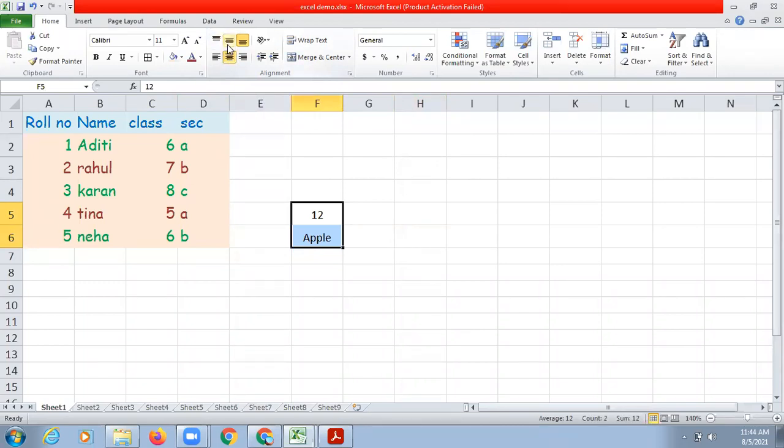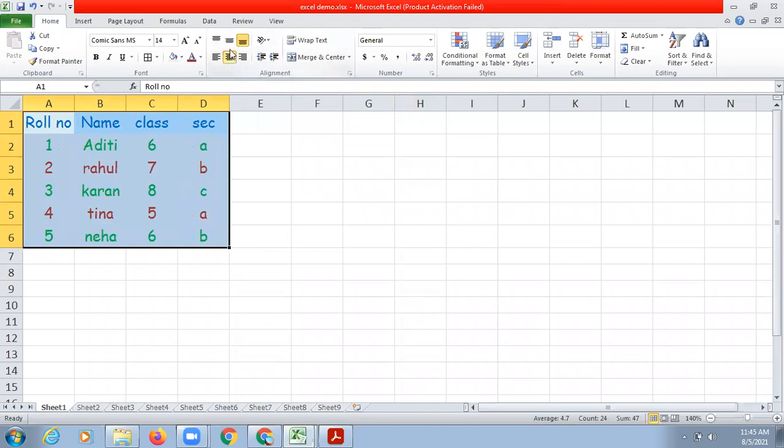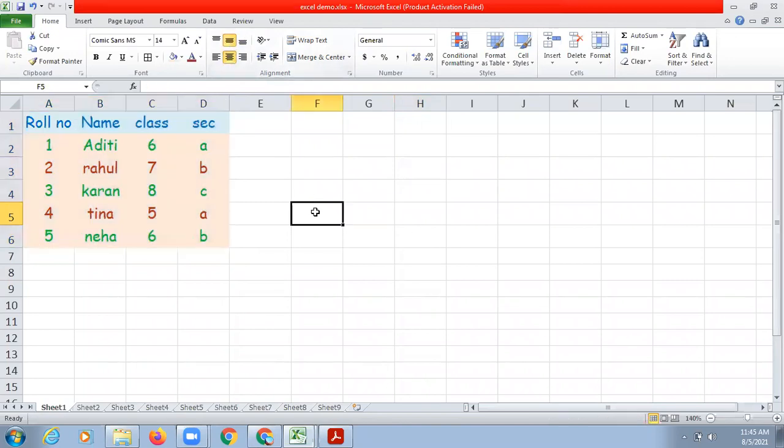And here we have three more options. You want to place your content at the top of the cell or the bottom of the cell or in the middle of the cell. So I wanted to choose in the middle of the cell. So automatically the text will appear in the center also and in middle also. So let's try this here in our table. Select the whole content of the cell and I wanted to choose center and middle. So now everything is in the center of the cells also.